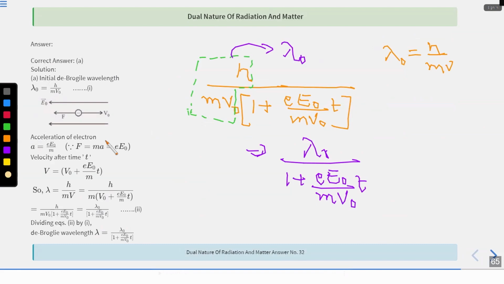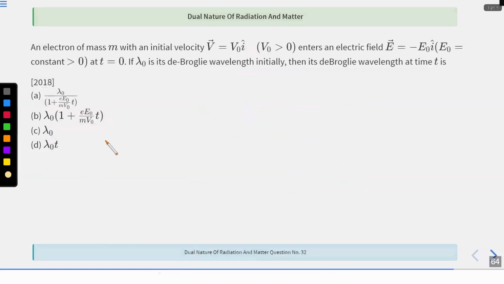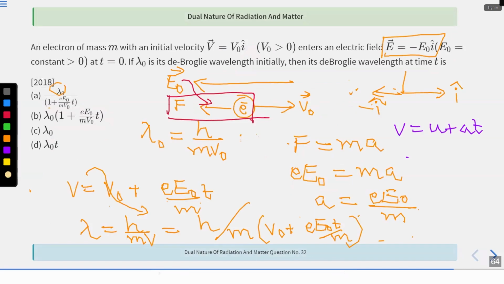What I'll do now is take v naught out, because as you can see in the options, we need to bring it into the format of lambda naught. And we calculated lambda naught is equal to h